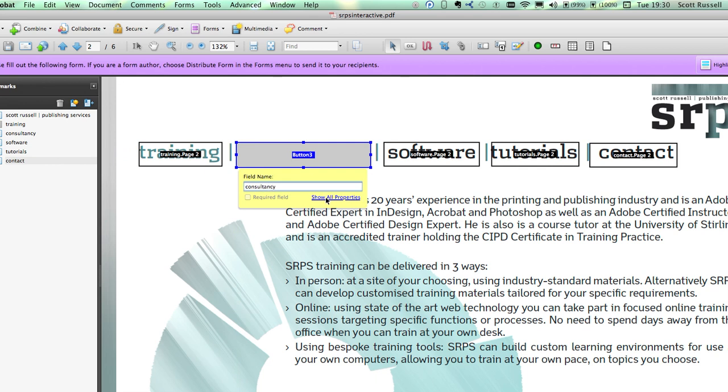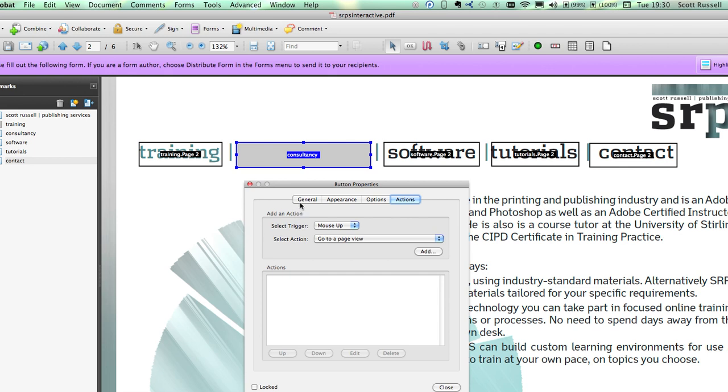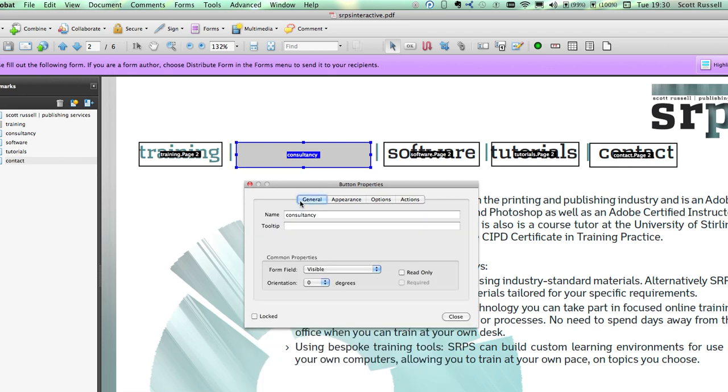And then I'm going to click on the Show All Properties line here, which will show me the Button Properties panel. And I can use this to set the look and the behavior of this button. The first thing I'm going to do is click in under the tooltip here, and I'm going to add in a tip for the user to see when they hover over this button. So I've typed in click to go to consultancy,